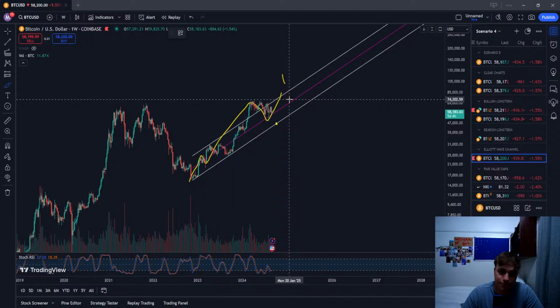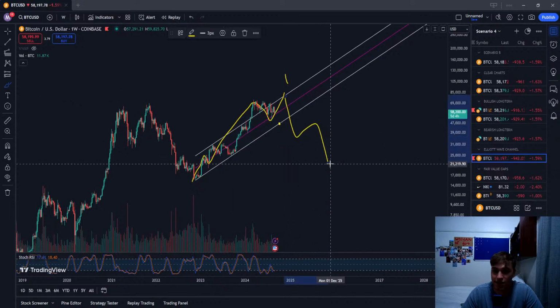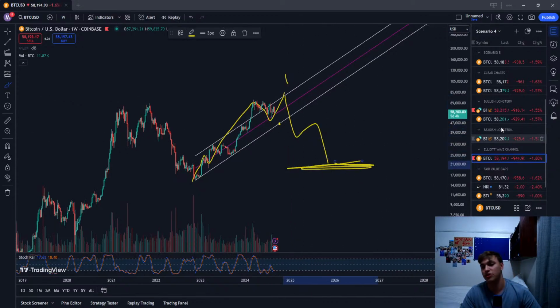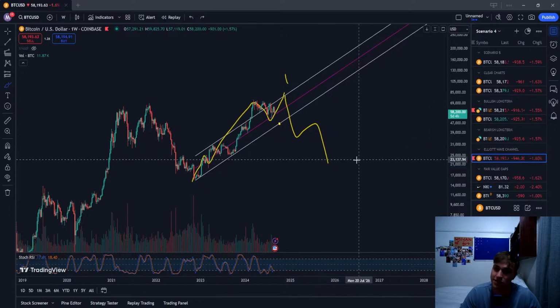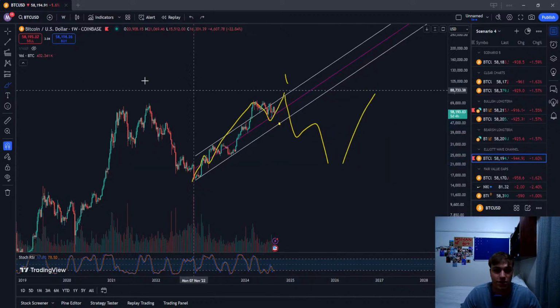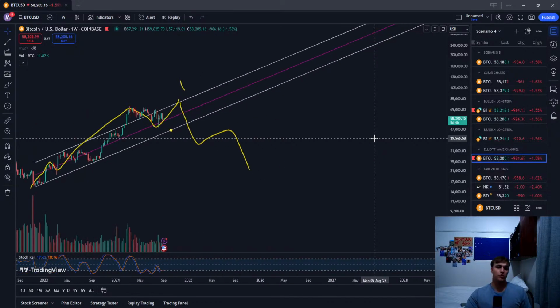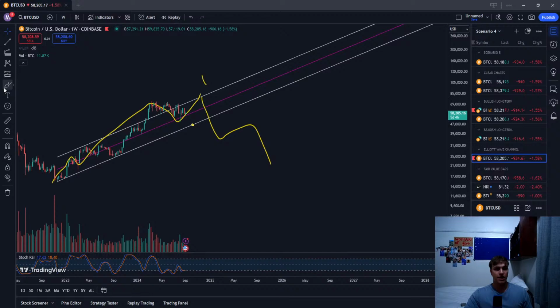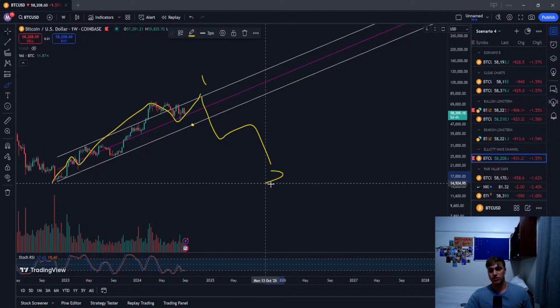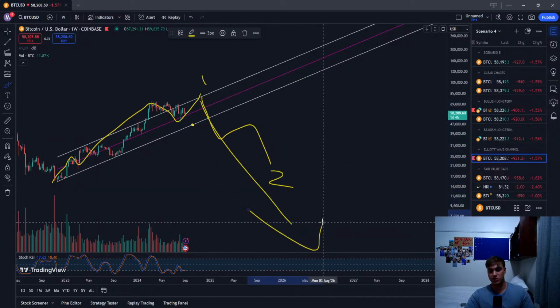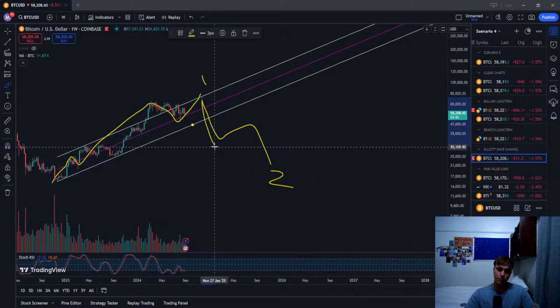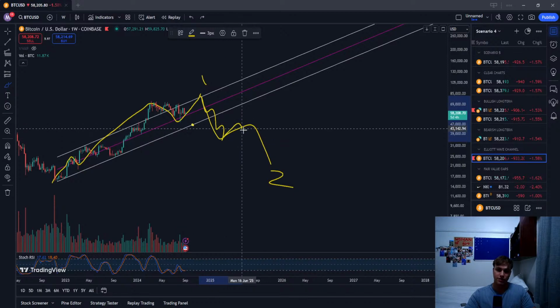I mean, then we would get a structure like that sending us to absolute lows, $20,000, and then a massive pump to the upside. The thing is, we would need to track it quite weirdly to see if this is a 2 or this is crashing towards a C, because this initial move would be impulsive, a 5-wave structure. If this was a B, we also wouldn't know, because it could be a B or a wave 2.